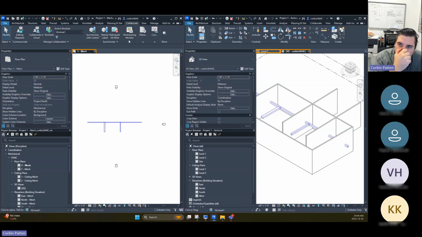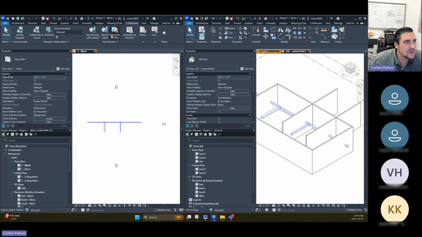Yeah, so I think the first thing you want to do is have a model per discipline. Again, you don't necessarily have to, but I think it'll make you a lot more organized and make things a lot simpler. When you are working with a model, if, as you said, it says someone has ownership,